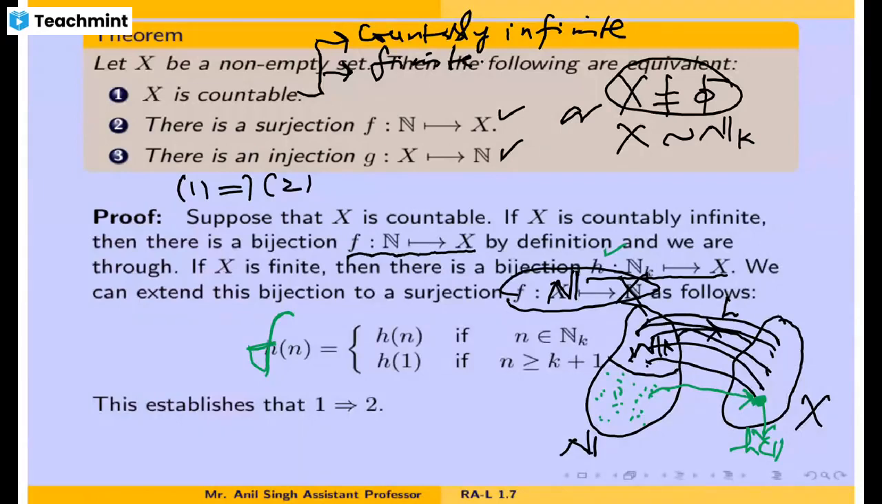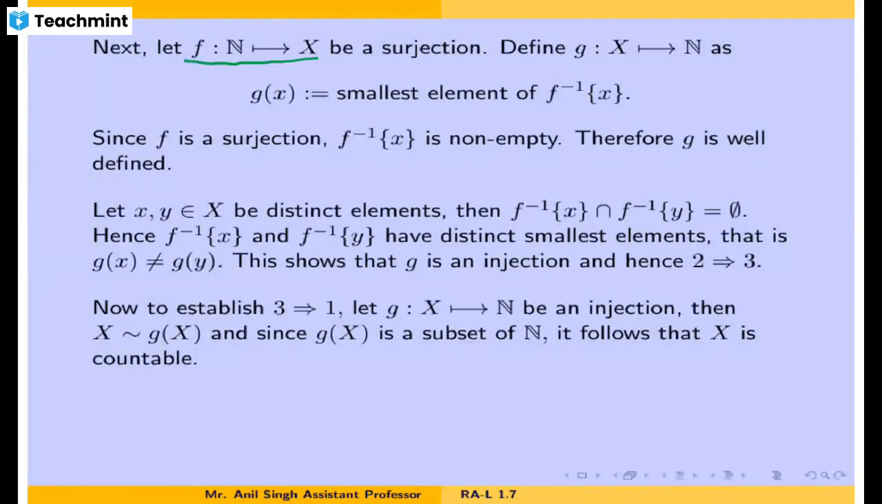And now we will establish 2 implies 3. In 2 implies 3, we have a surjection f from natural numbers to X, and we are required to find an injection from X to N. How are we going to define this injection g? For every x in X, we define g(x) to be the smallest element of the set f inverse of x, the pre-image of x under f. Each x always has a pre-image under f, since f is a surjection. So that implies that